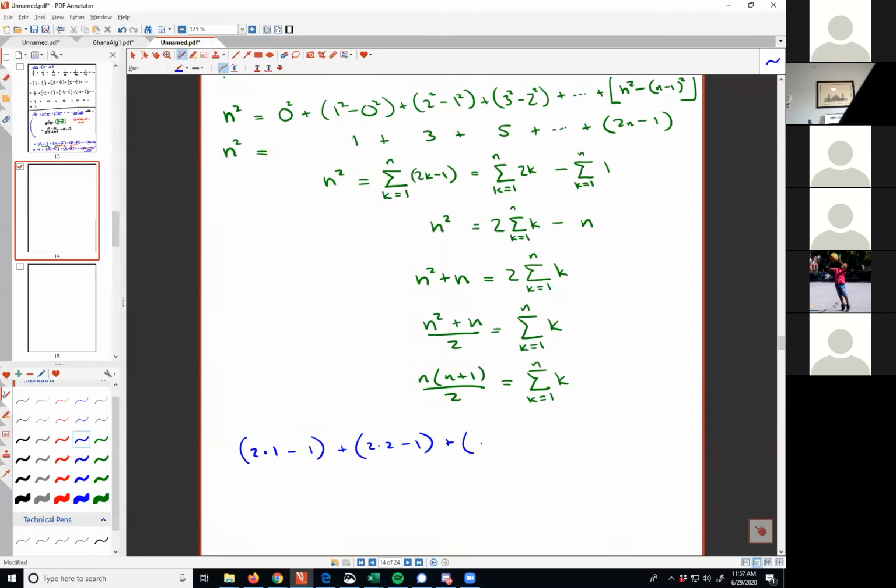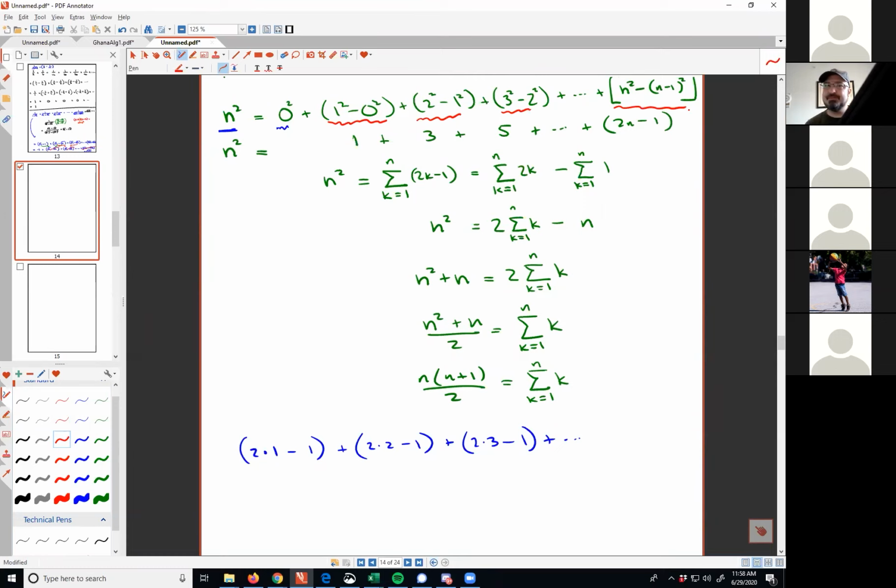We could have done this in a number of different ways, but I wanted to establish the methodology. I wanted to establish the fact that we could rewrite a polynomial expression as a sum of a first term plus differences that telescope. And you'll see why we wanted to do that, because this is going to help us with